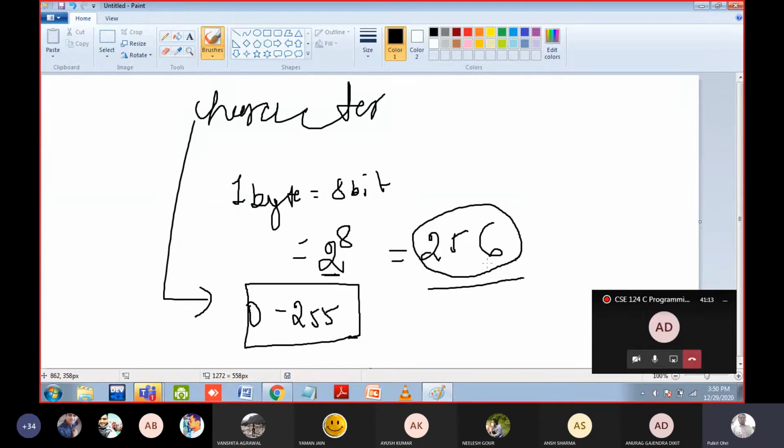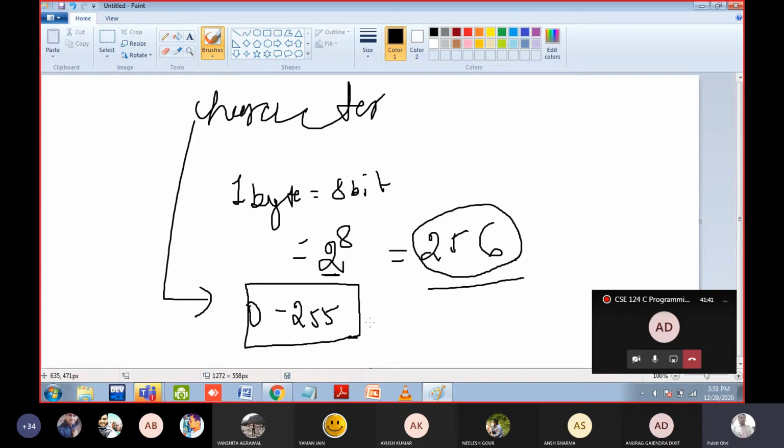It will give us 256, meaning 256 values can be stored inside the character data type. But we are starting from 0, that's why from 0 to 255 we can include a number. For example, 0, 1, 2, 3, 4, 5, 6 up to 250, 251, 252, 253, 254, 255. So these are the numbers that you can store inside a character.